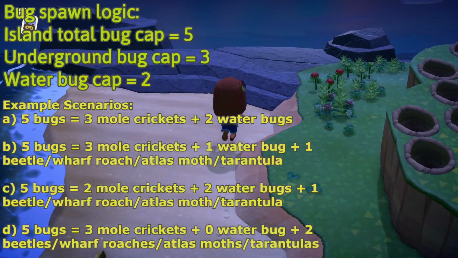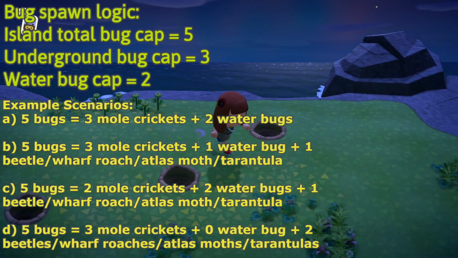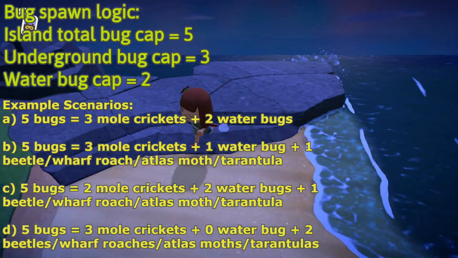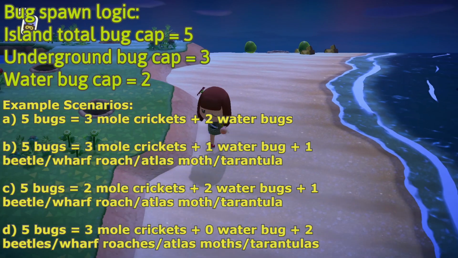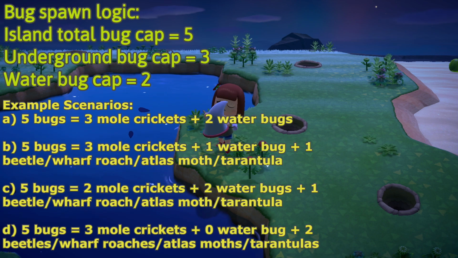First, you need to understand the spawn logic of the bugs. An island has maximum 5 bugs in total, and on an island there are maximum 3 underground bugs like mole crickets, and there are maximum 2 water bugs. That means you have these example scenarios here. These scenarios mean that you can choose to deal with mole crickets and all water bugs to open up the